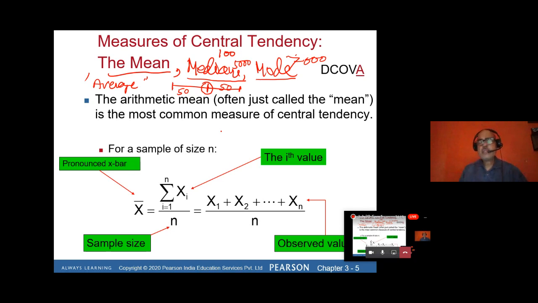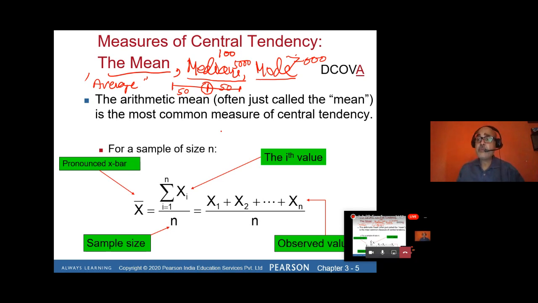Most of the time, the mode is a dominant category in the organization. For example, if I am saying the diploma holder is the mode class in the organization, it means the maximum number of people in your organization have the qualification diploma. So that is the dominant class. Am I clear? That is the meaning of mode. So mean means average, median means 50% point, and mode means dominant class, the class which has the highest frequency.